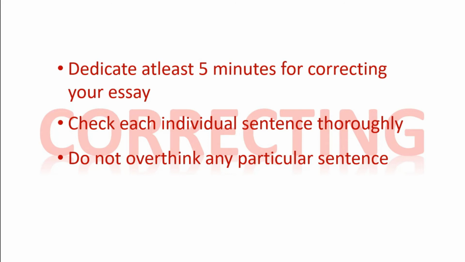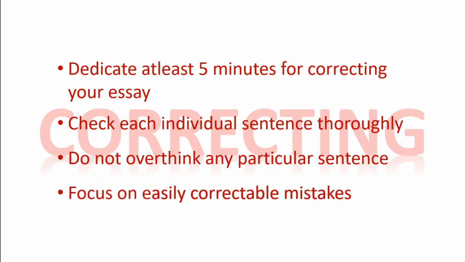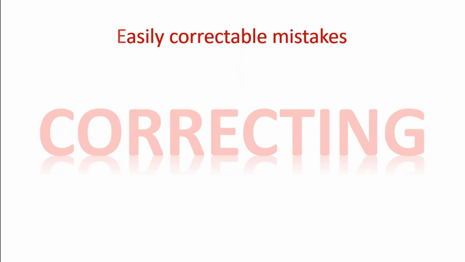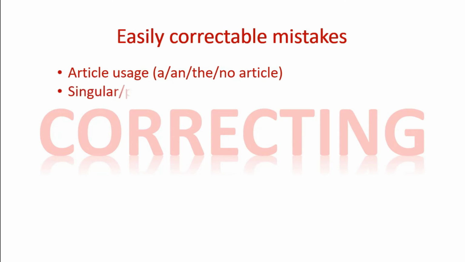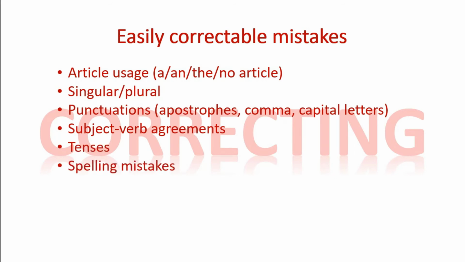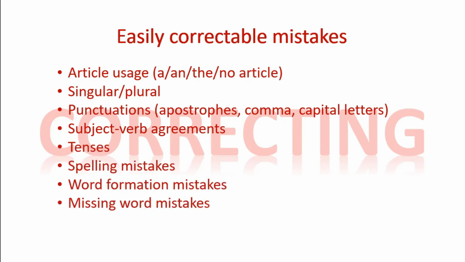It is also important that you first focus on the easily correctable mistakes. So what do I mean by easily correctable mistakes? Easily correctable mistakes include several mistakes that you might have made either on the vocabulary front or grammatical mistakes. This can include article usage mistakes, singular plural mistakes, punctuation errors, subject-verb agreement mistakes, tense, spelling mistakes, word formation mistakes,